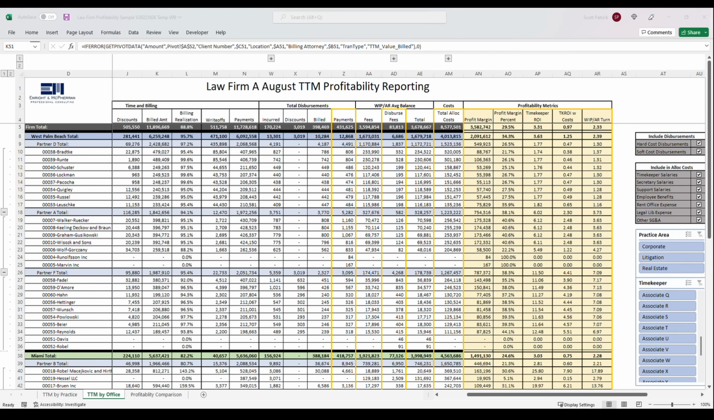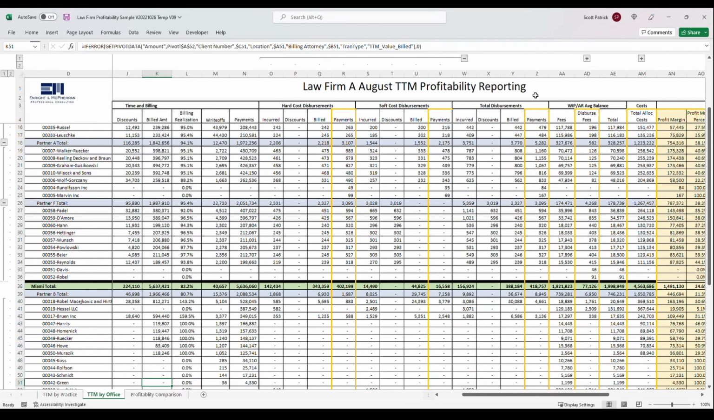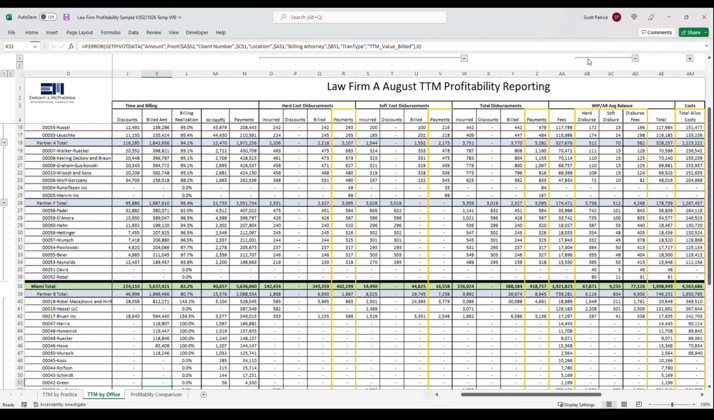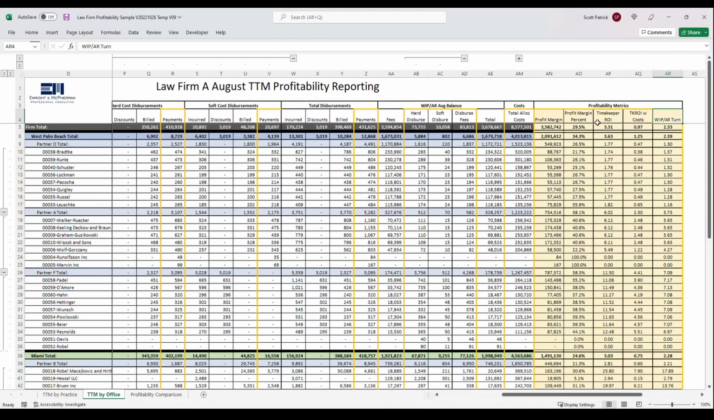They allow the user to filter out disbursements or costs, and those filters also affect the calculations related to the profitability metrics. As an example, I'll go ahead and split out the disbursements. So first we'll go to the hard and soft disbursements for the payments, and we'll also take a look at the WIP average disbursements, hard and soft. If we go to the right,